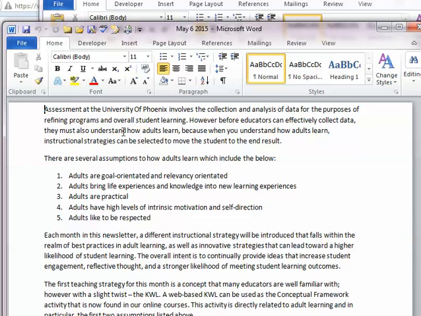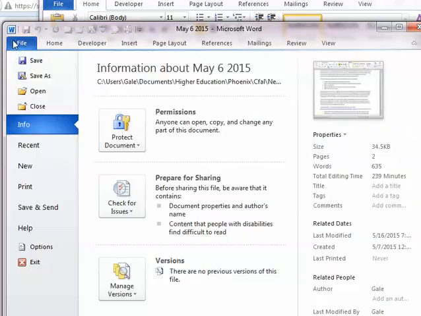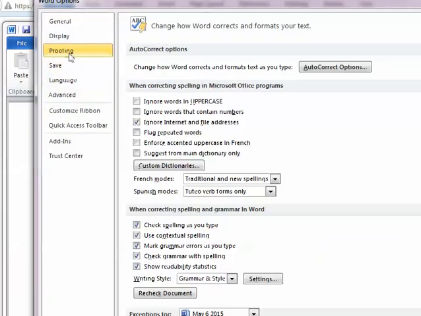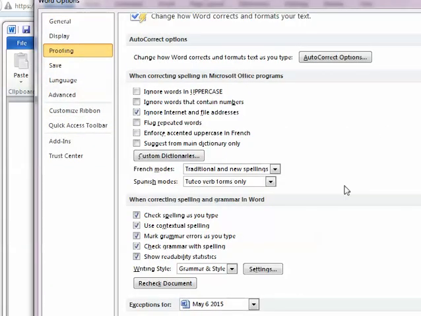So this is an article that I wrote, and this is just for example. I did not try to write it in the language of 6th or 8th grade. It is written specifically to college professors. But this is how you set up your computer. You go to File, you go to Options, and you go to Proofing. And then you scroll down and